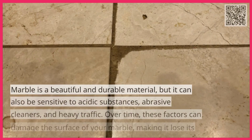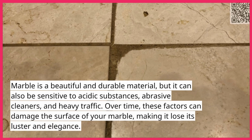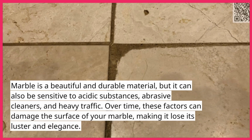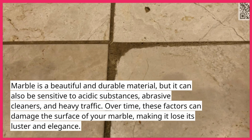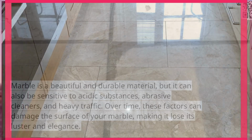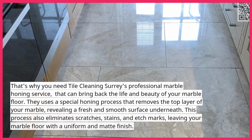Marble is a beautiful and durable material, but it can also be sensitive to acidic substances, abrasive cleaners, and heavy traffic. Over time, these factors can damage the surface of your marble, making it lose its luster and elegance. That's why you need Tile Cleaning Surrey's professional marble honing service that can bring back the life and beauty of